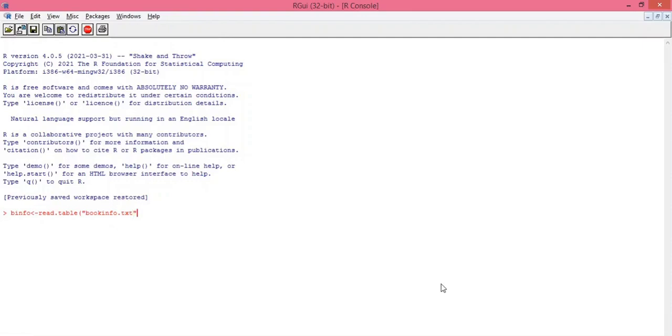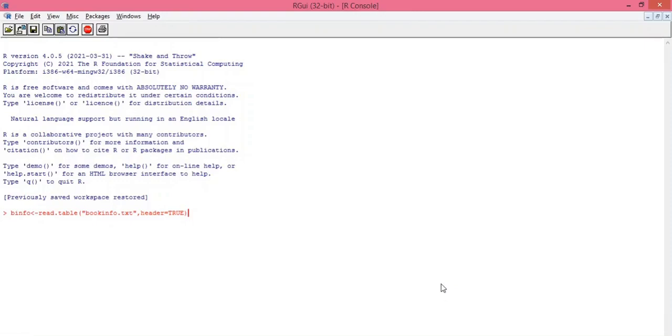The extension of file is mandatory, so we need to mention that extension also, bookinfo.txt. My file consists of header, so header parameter is true. Now I'm not using any other parameter, no need of separator parameter, because our default separator is tab here.